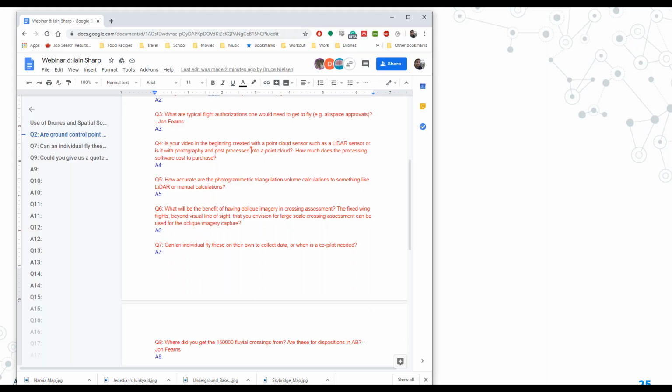So how accurate are the photogrammetric triangulation volume calculations compared to something like LiDAR or manual calculations? Yeah, so photogrammetry is never going to be as accurate as LiDAR. LiDAR is still kind of the gold standard when it comes to doing volume calculations. But it also depends on how you set up your flight plan. Like I said before, the degree of overlap that you have between images,